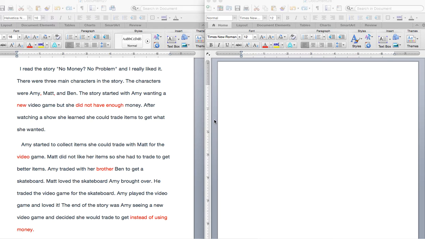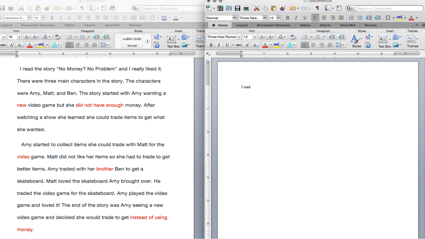So now we're on the final draft of our summarizing writing. So far we've done the pre-write, the first draft, and the edits and revisions. You're going to be using those three parts to help you with the final draft. So you should have your edits and revisions done from last week, and all you have to do is retype it into your final draft. So you would just retype,